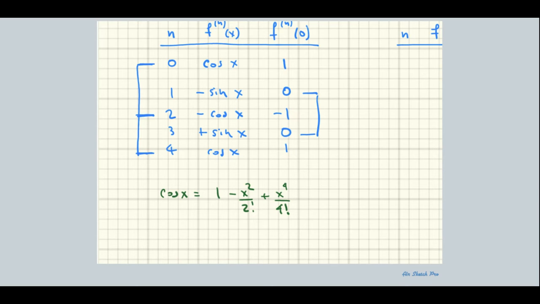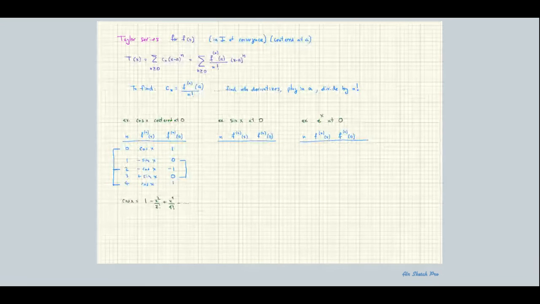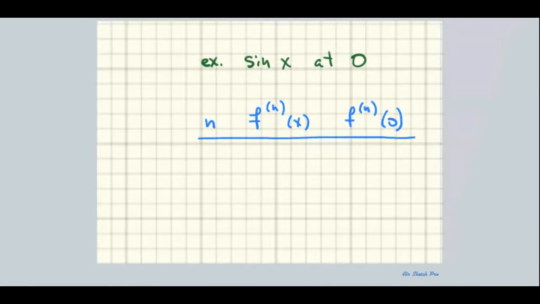Okay? And because I won't look at the full series, I'm just going to say minus dot dot dot. That continues on forever. If I'd stopped, that would have been T4, the 4th partial series for cosine. So I'm just going to stop there. Let's do that